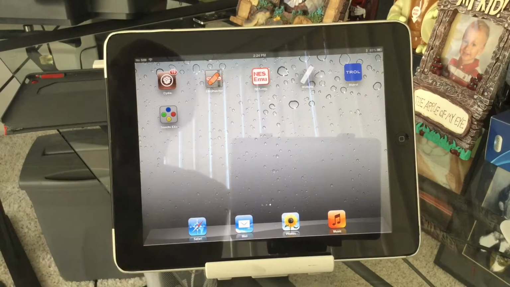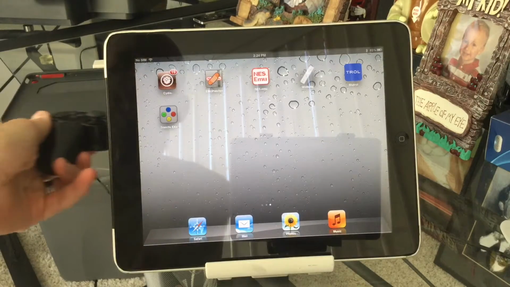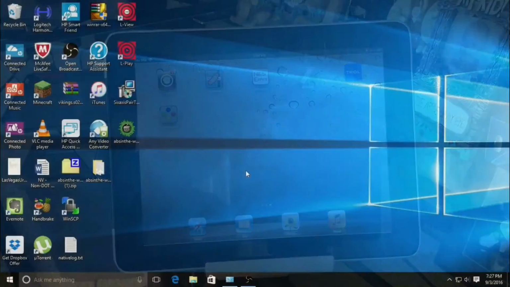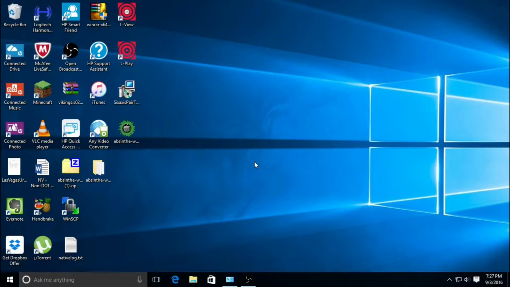Okay, let's go back to the desktop and I'll show you how to load games onto your iPad from your desktop. Okay, this was the last thing I was going to show you that you don't necessarily need to do, but if you have a ROM or a ROM file on your PC or your laptop, and you want to transfer it onto your iPad so you can play, this is basically an FTP, a file transfer